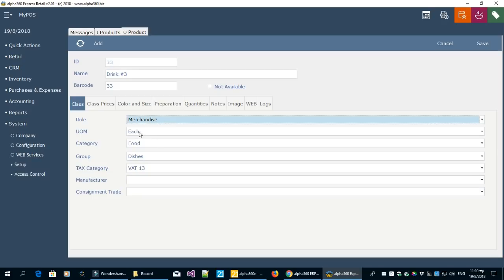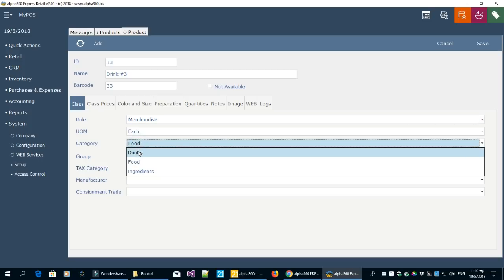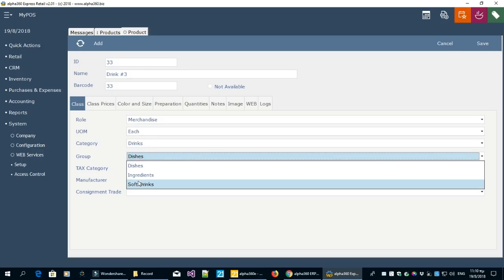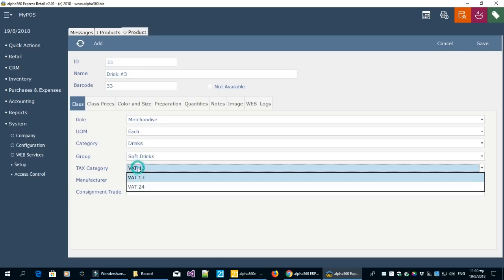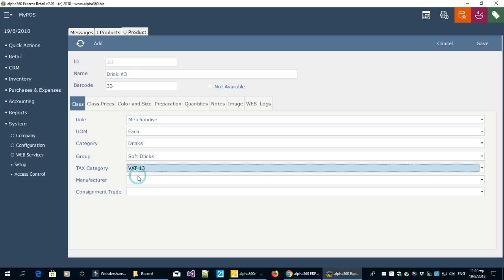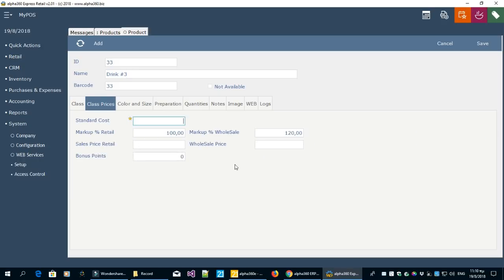So this is UOM, it is each. We can change the values here, we can add it to our soft drink area. This is the VAT and the tax category. We are going to give it a standard cost of say €1, or whatever is your local currency. This is our markup retail,